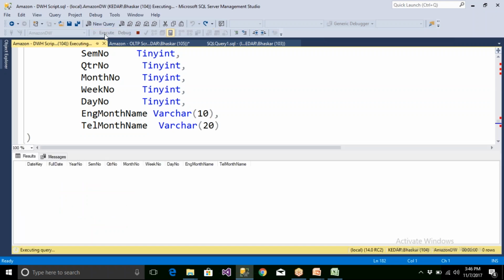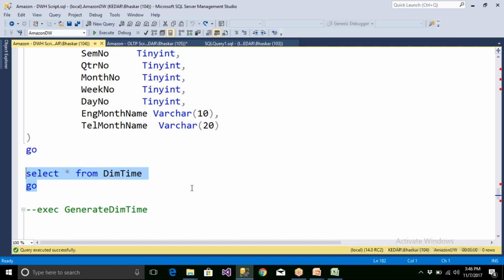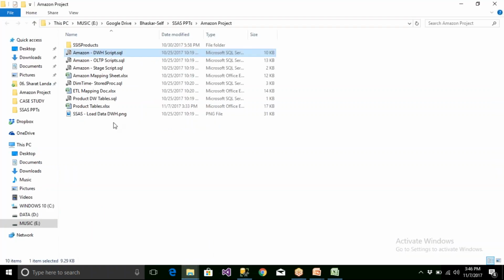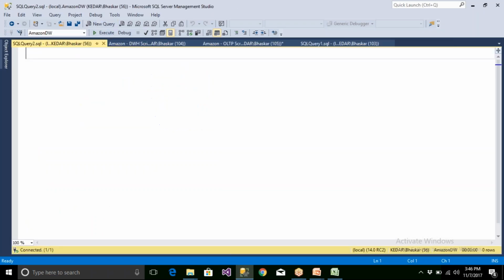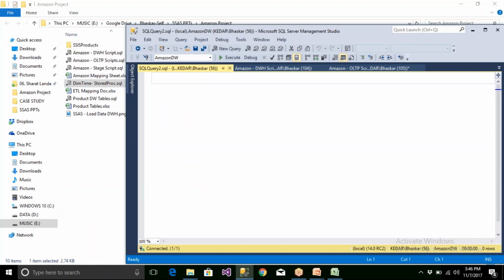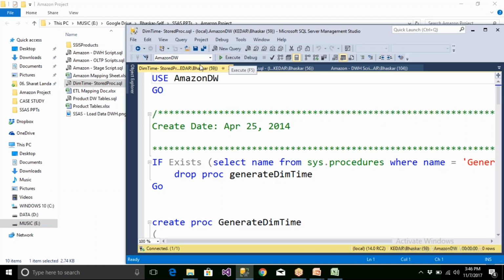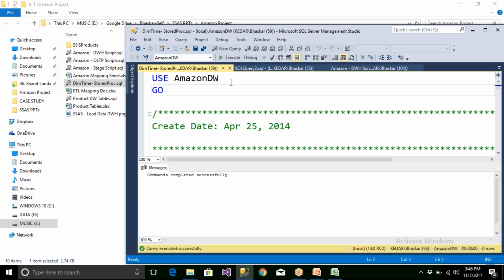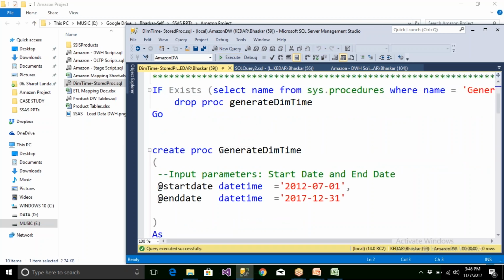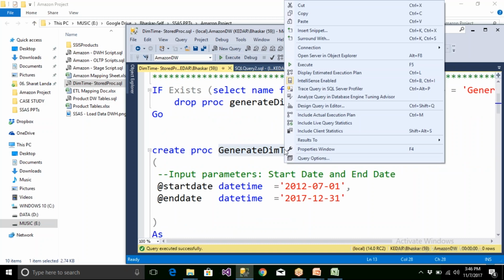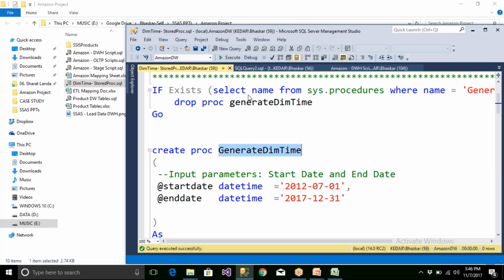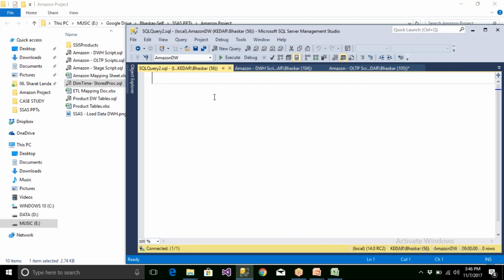So as of now, we don't have any data. But how do I get the data? So I told you I have created a stored proc. Let me open the stored proc here. So this is my stored proc. Let me open new query window, and let me drag and drop the stored proc here, and let me simply execute. So the stored proc is getting created in the data warehouse database. Now done. When the stored proc is created, you have to execute. How to execute? So take the stored proc name, copy this, okay, and you can just remove. And here you have to say execute proc name.